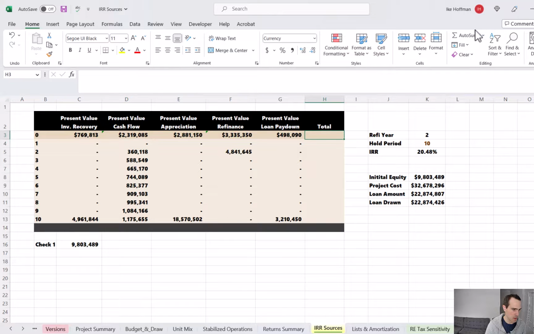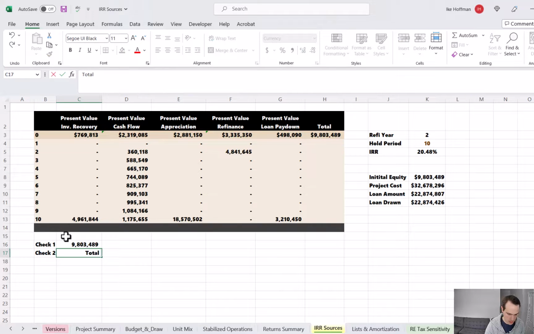and we have all of our present values. Now we should sum these, and it should equal the initial equity we put into the deal. So that's check 2. Does the total, once we add up all of our present values of future cash flows, equal the initial equity we put into the deal? Yes, total equals initial